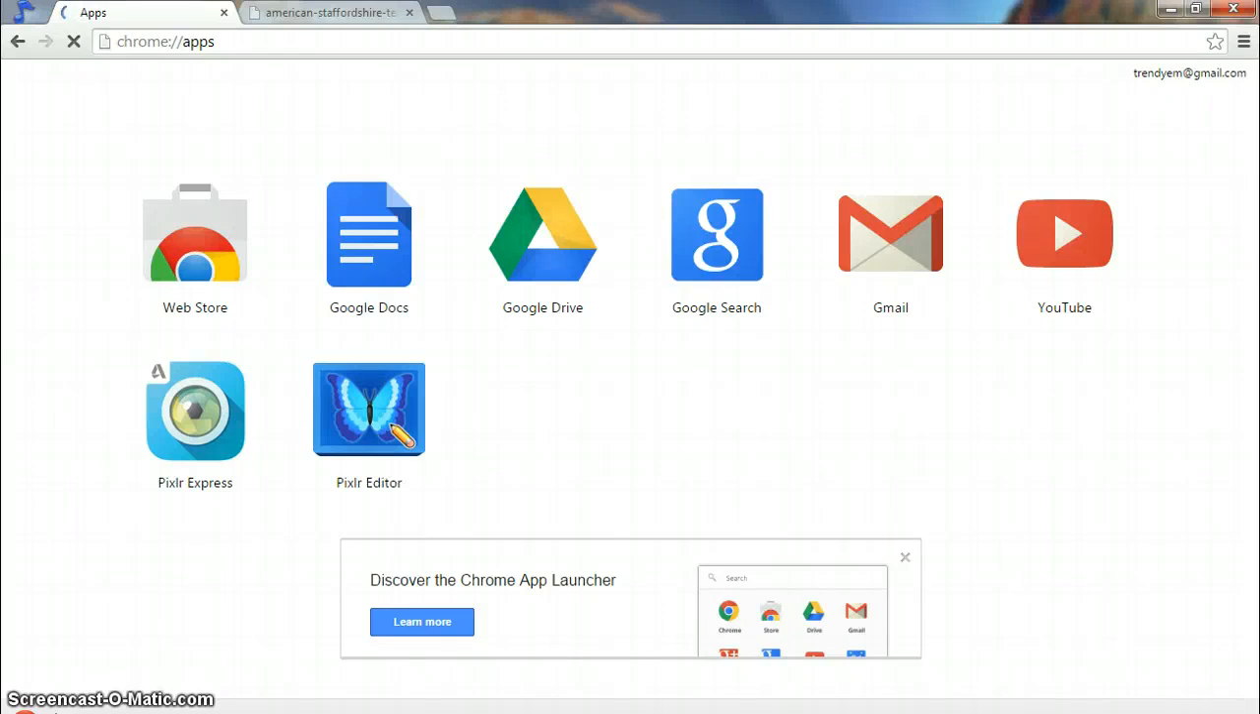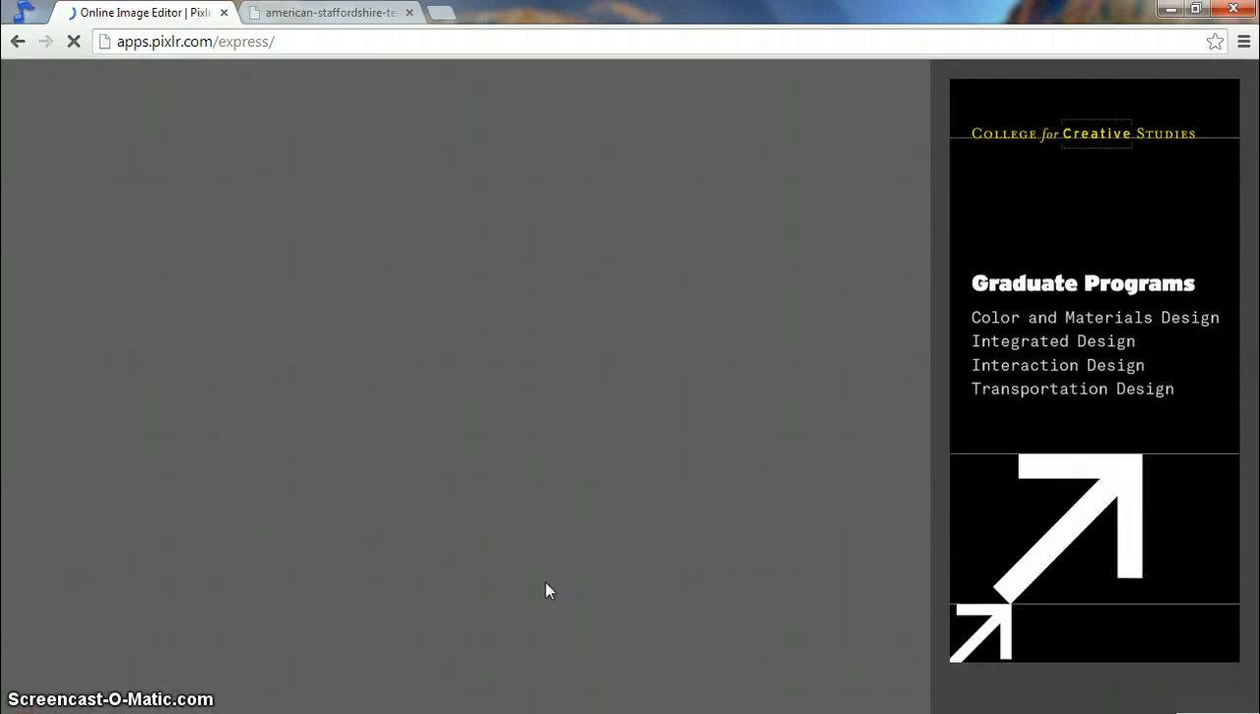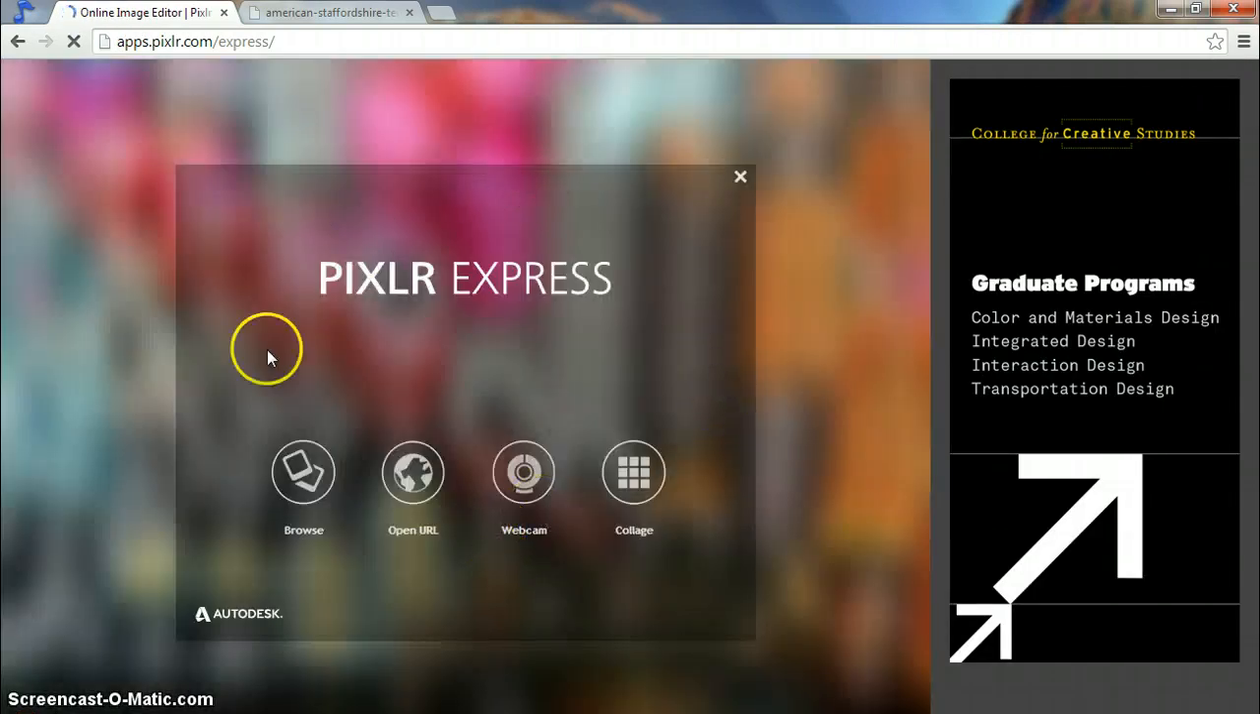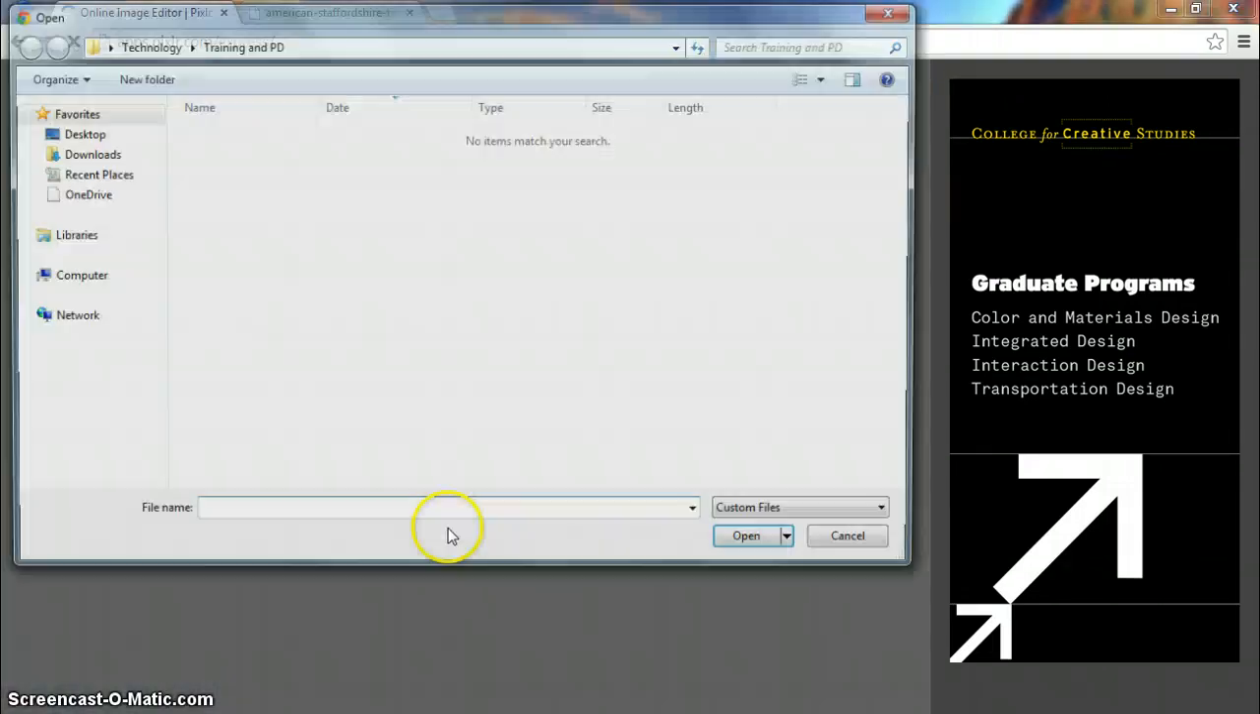Here's a quick introduction to Pixlr Express. If I go to Pixlr Express, which I previously downloaded from the Chrome store, it's going to give me 4 options. I can choose a picture by browsing from my computer,